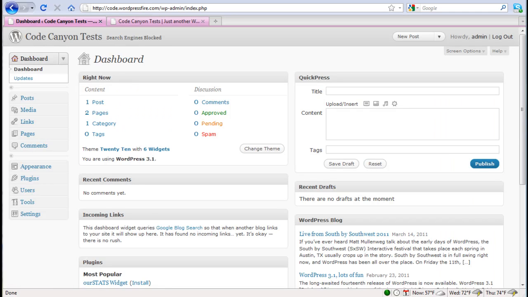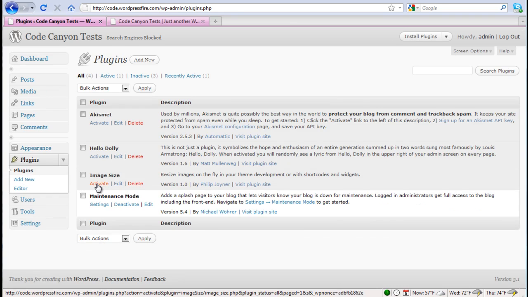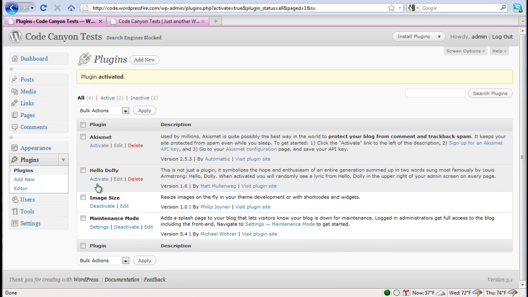Now that the plugin is installed, we can go and activate it by going to Plugins, looking for image size, and clicking Activate. Now that we are installed and activated, we will look at the function that is available to you for image